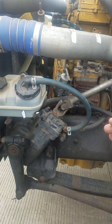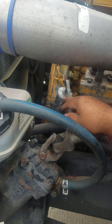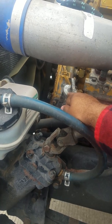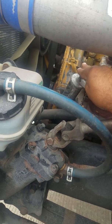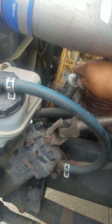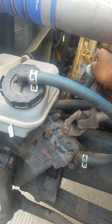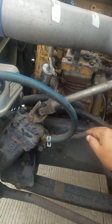From there, we're also going to check our engine oil fill. The engine oil fill, make sure that the cap is properly mounted, not cracked, not missing, and no visual damage on the cap itself. This is an engine oil fill. Then we have